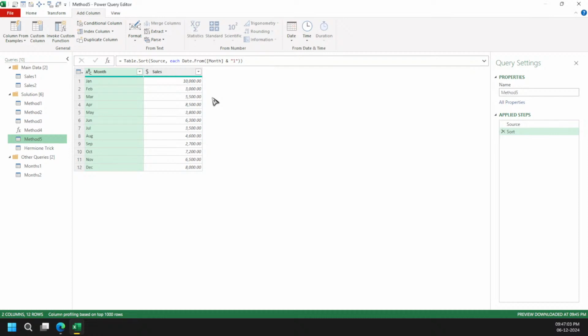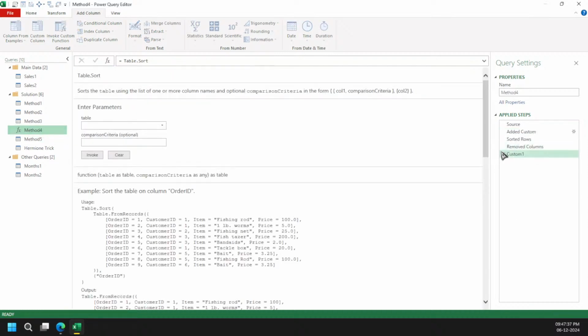Okay, but here is one thing. I want to ask you one question. Here we have sorted the data from January to December, right? What if I say this data is on a financial year basis? So this is the financial year. You can say the April month should be at the top, and January, February, March should be quarter four. If we just do this much only, it won't make sense, right? Because it will always sort the data this way. So let me show you one trick here.